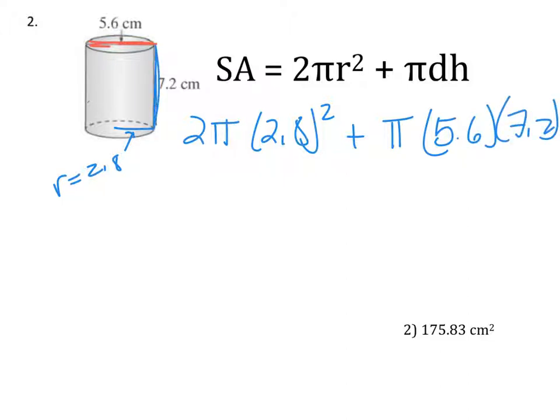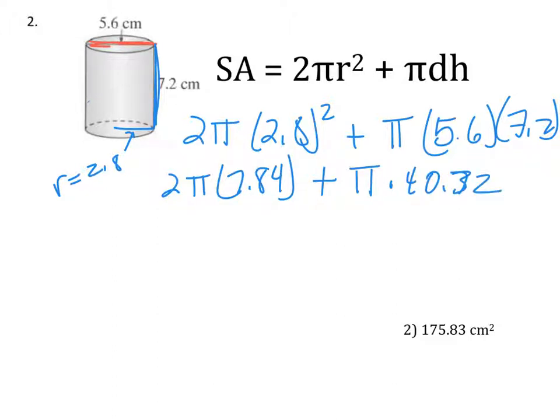So this is always going to be the height, the distance along there. So punch that into your calculator. Pretty useful in this part. So 2.8 squared is 2.8 times 2.8. That's 7.84. So I get 2 pi times 7.84 plus pi times, and here we get 5.6 times 7.2. Should I get that right? 5.6 times 7.2 is 40.32, so that's pi times